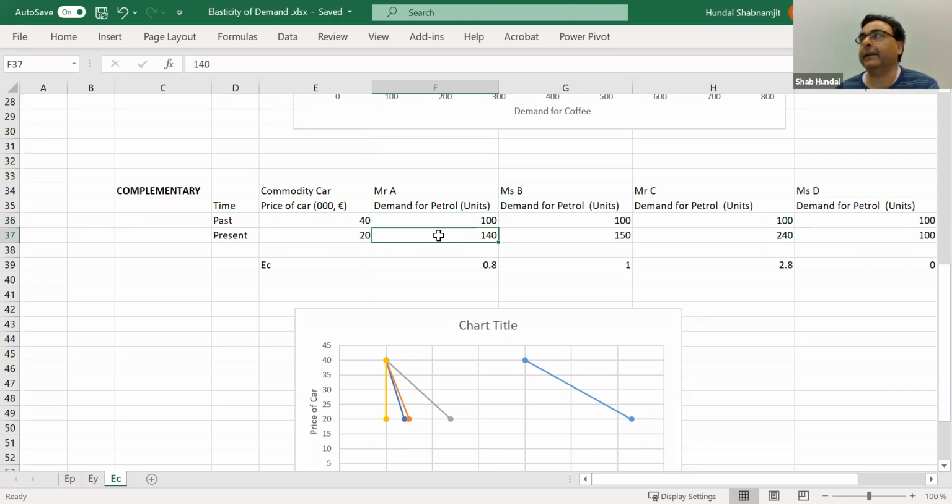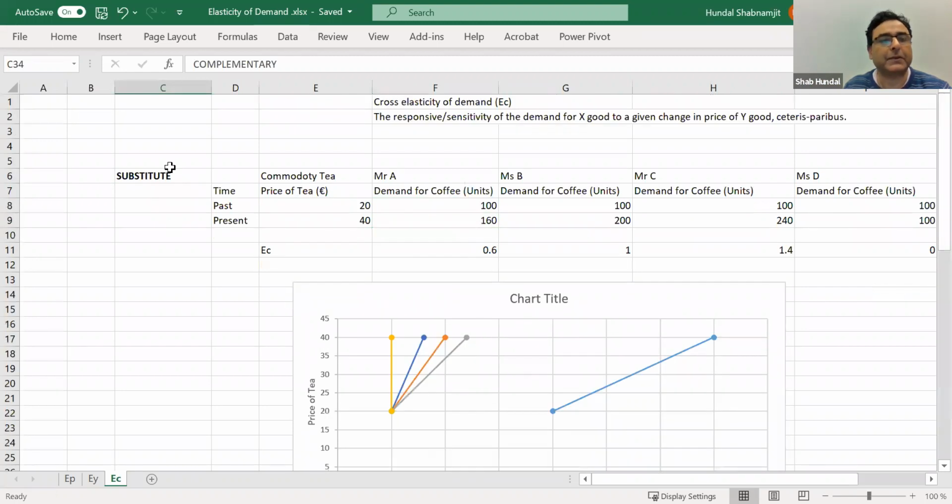Because in reality, the goods and products are related, and the relation can be of two types. Relation means cross, the crossover. The relationship could be complementary, or it could be substitute. There is also one more relationship called joint, which I am not considering here. The joint product is more applicable to the farmers.